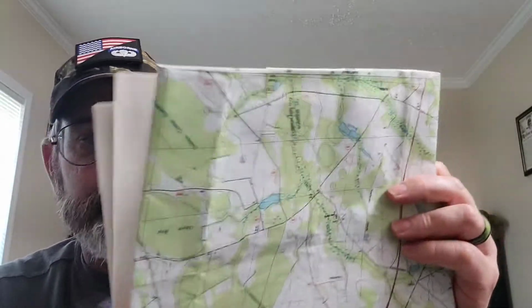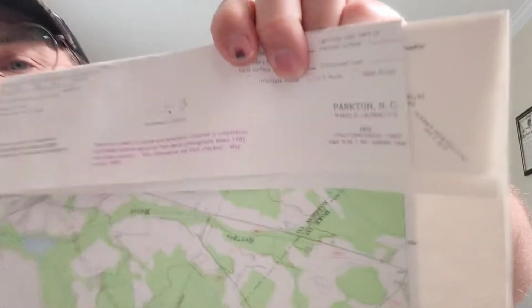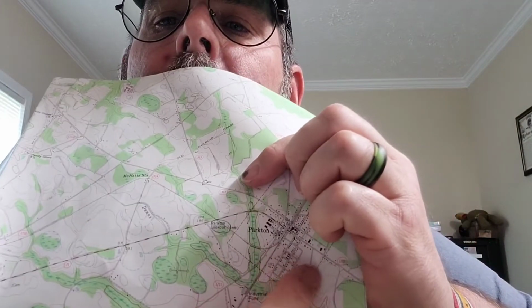These are maps that I got through my state geological survey that cover some of my area, like where I live in the town of Parkton. Now, mind you, it says 1972, and it was photo revised again in 1982. So this map is probably a little off, but it's still accurate enough for the things I need it to do. Okay? If, for example, I wanted to know exactly where the town of Parkton is, right here,